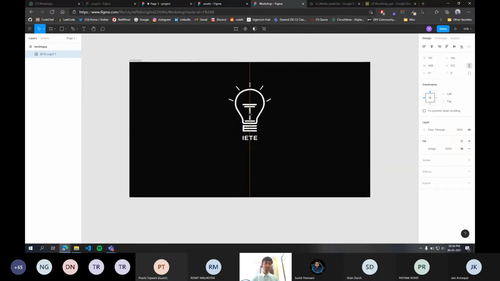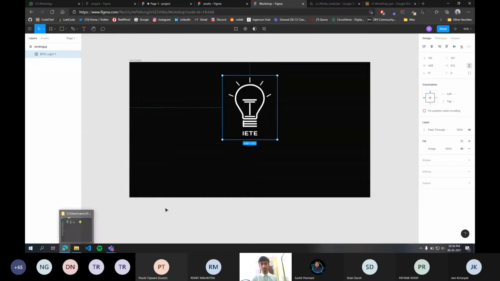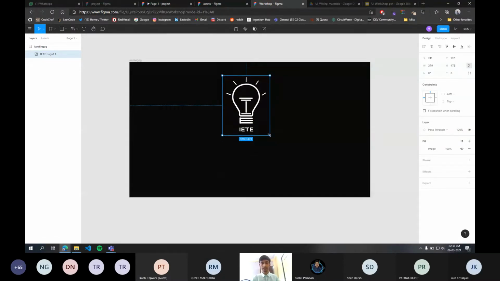Now one more good thing about this prototyping software is that you do not have to make too many clicks like import image, import JPG image. Just open your folder, drag and drop the asset, and that's it. It was as easy as that. So we just resize it a bit, and we'll select it. And over here in the design panel, you can see that this symbol stands for align the horizontal centers. So this image will be auto aligned horizontally.